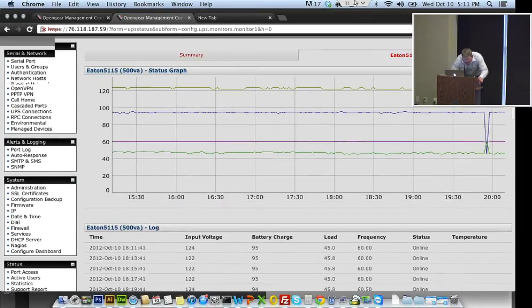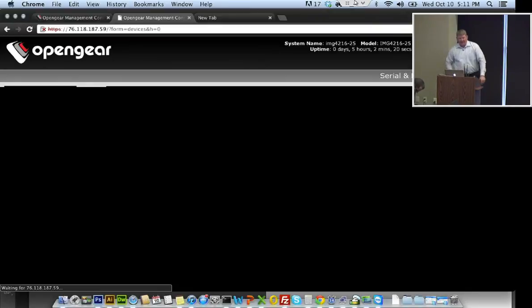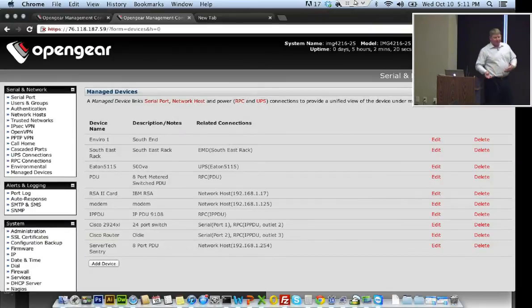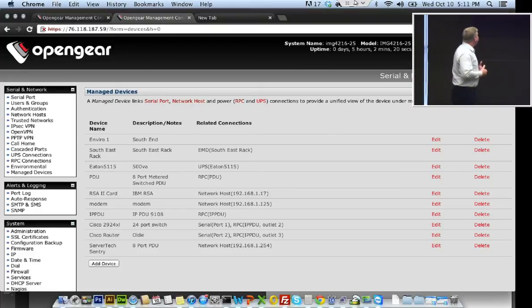So we can talk about SMTP, SMS. Those are fairly straightforward. Let's look at managed devices. So how these products come together and integrate UPSs and PDUs and do the power shedding and some of the other integrated advanced console management is with tying together the ports, the power ports that are plugged into the target network devices. And in here we have some old Cisco equipment that we've linked up with PDUs on different